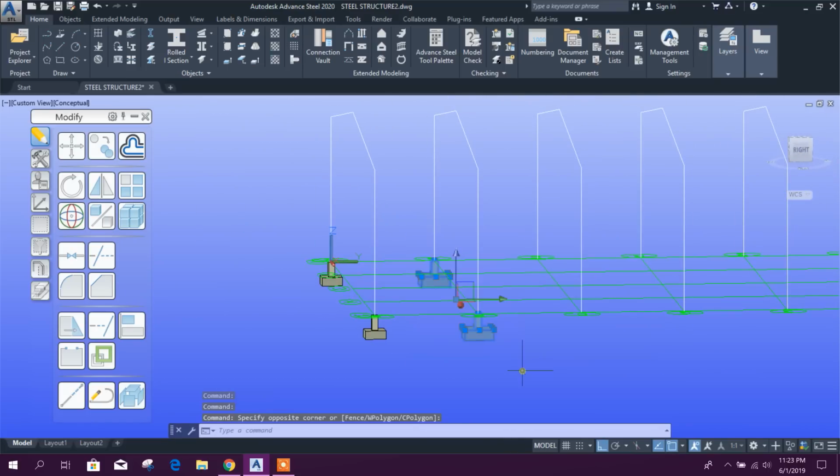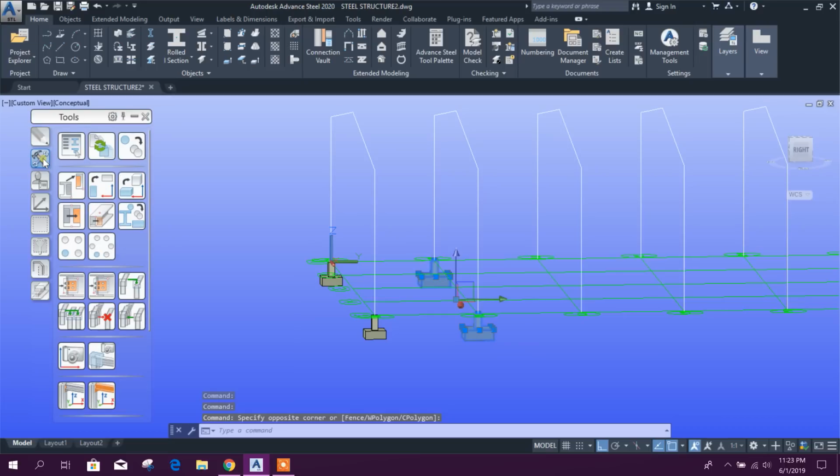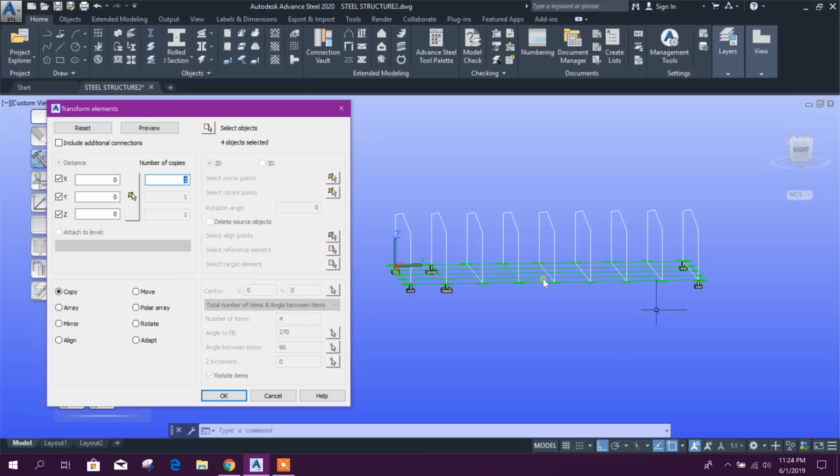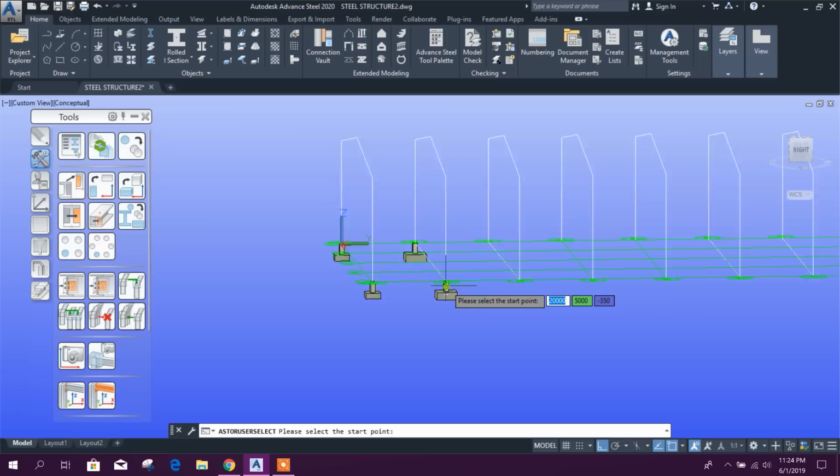From here we can do multiple copy, 1 2 3 4 5 6, number 6, and distance we will take